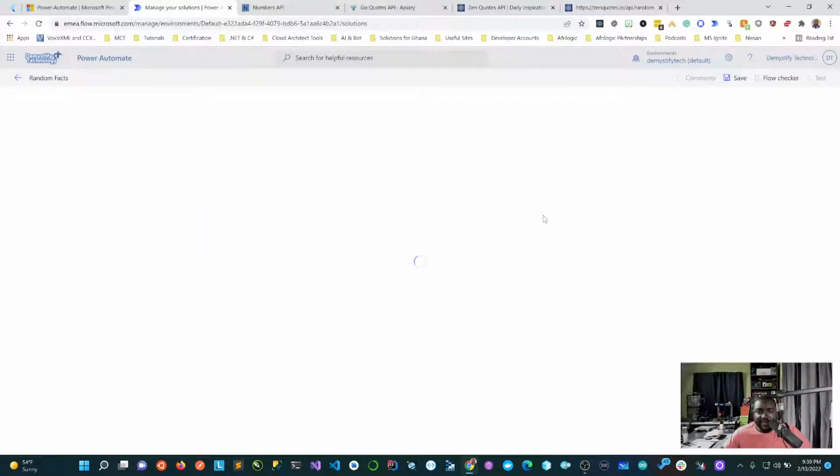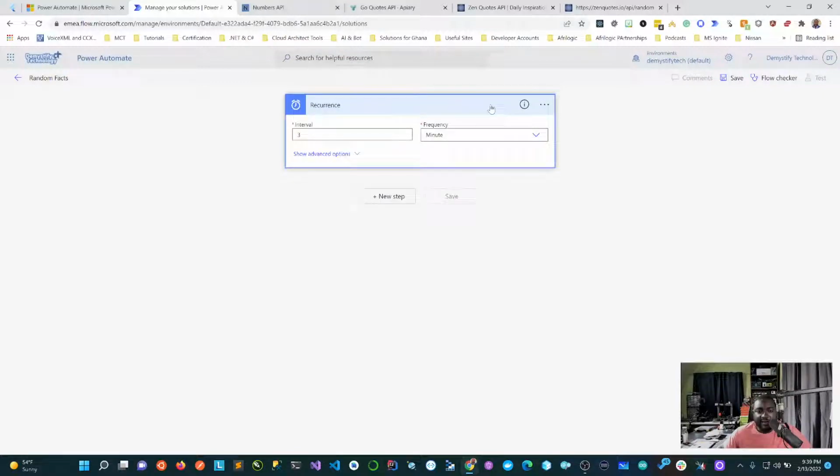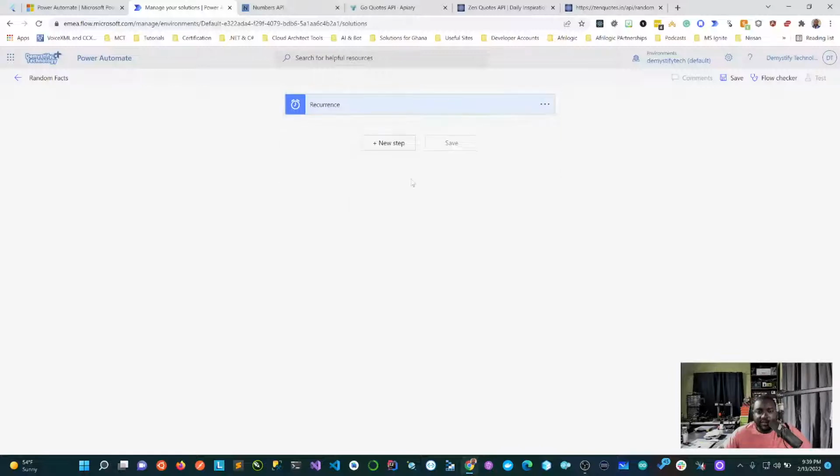So this means the flow should have kicked in. I'm backdating the time a bit so that it will run immediately after we save it. So this is the trigger. If you open this up, you can see an interval of 3 minutes. Whatever next step I'm going to define is going to happen every 3 minutes.